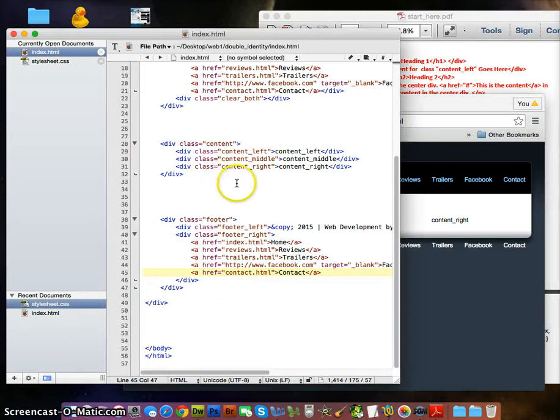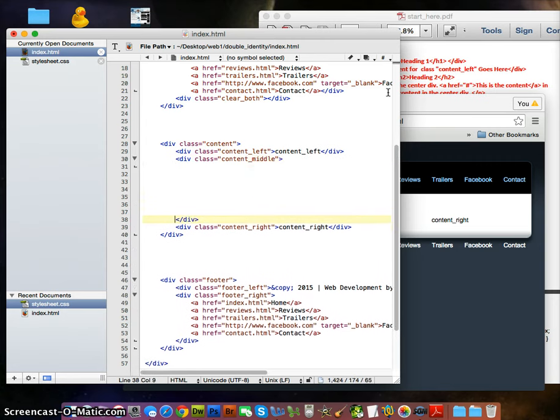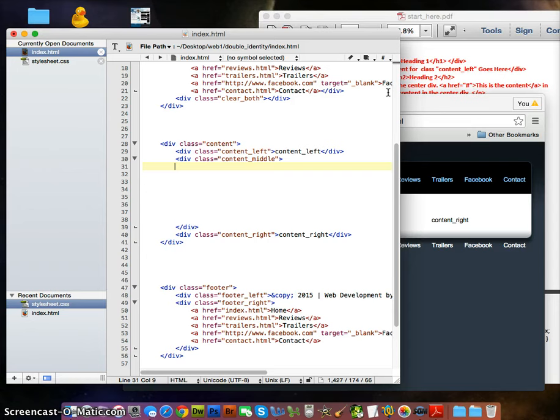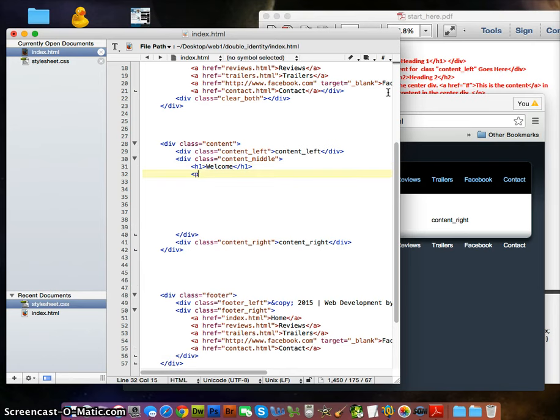So the middle part would be right here, content middle. So I'm going to highlight content middle, press the div down a couple times, enter, enter, enter. And I'm going to put some information here. I'm going to write an h1 tag, close the h1 tag, and write welcome, because we're coming to the website, welcome. And then we'll put a p tag, close the p tag, and we'll write double identity was made to